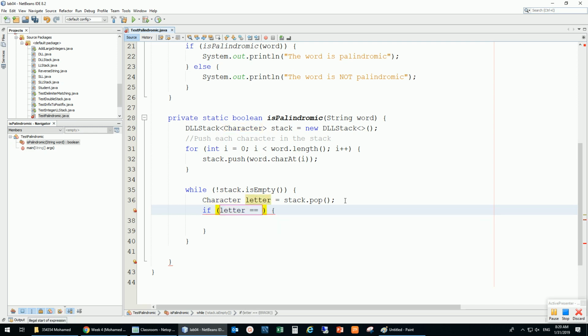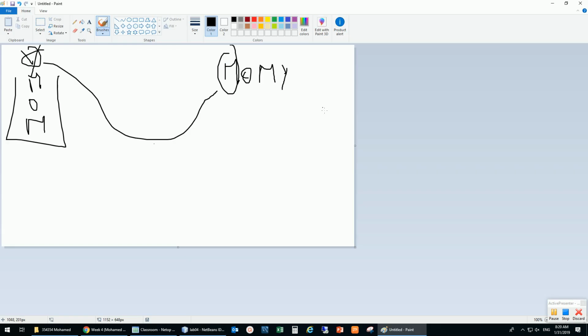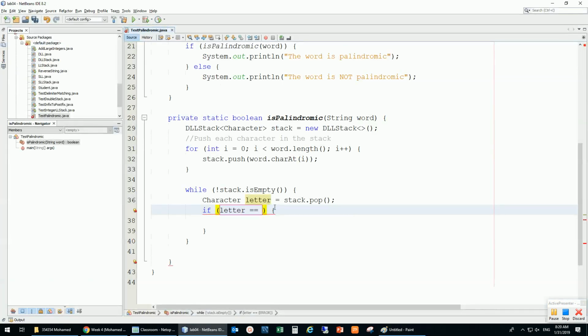equals what? Now I popped one from the stack. I need to compare it with what? With the first character in the text. So how can I do that? Is this equal to